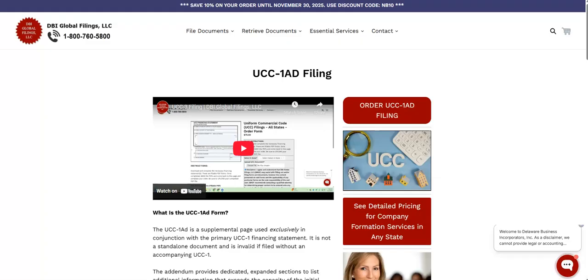The UCC-1AD form is critical for maintaining proper public record and protecting your security interest. The UCC-1AD, or Uniform Commercial Code Financing Statement Addendum, is not a standalone document. It is a supplemental page that must be attached to a standard UCC-1 financing statement